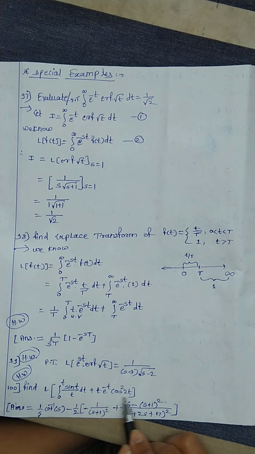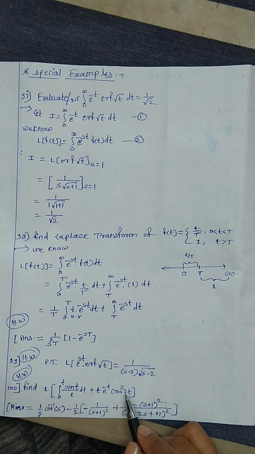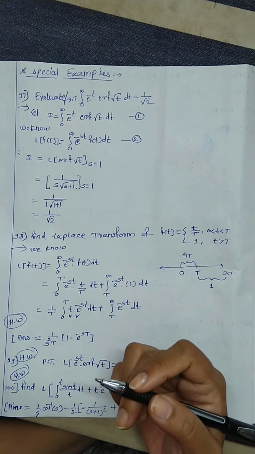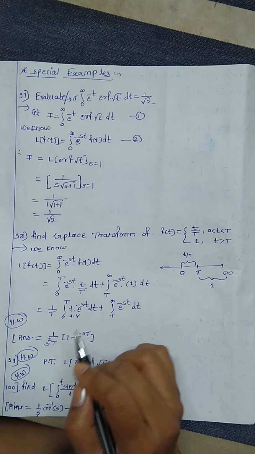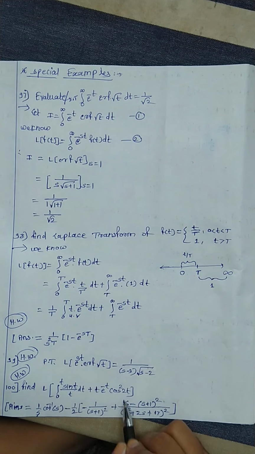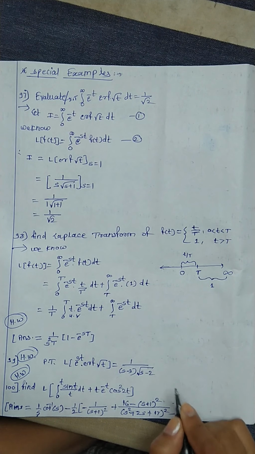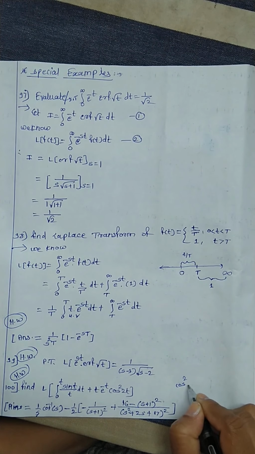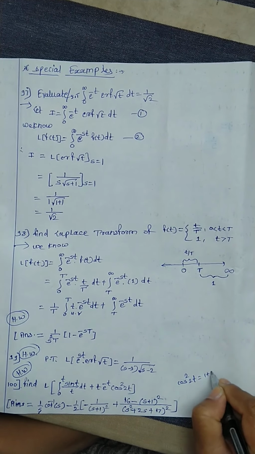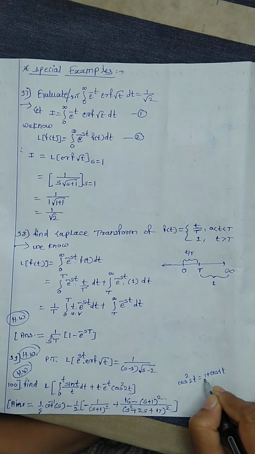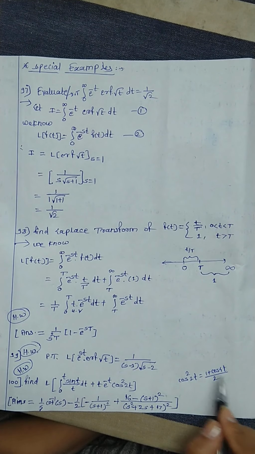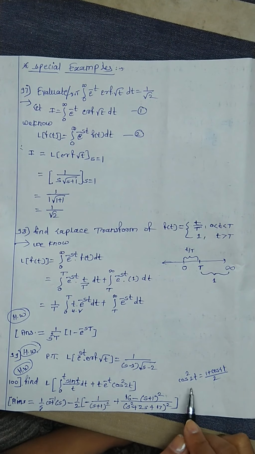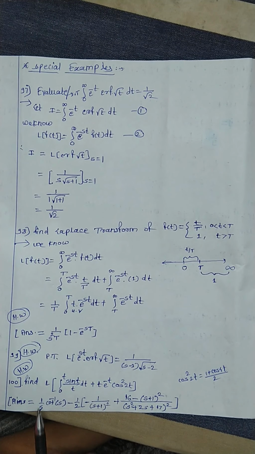Okay, for cos square t Laplace. What do you mean by cos square? How to find the cos square Laplace? We have to use the cos square x or cos square t formula first, 1 plus cos 2t upon 2. Here 2t is there, that's why cos square 2t is nothing but 1 plus cos of the double angle, that is 4t, by 2. You have to start from this formula for this answer, and the answer for this is given: 1 upon s cot inverse s and the rest of the terms. You have to tell that.